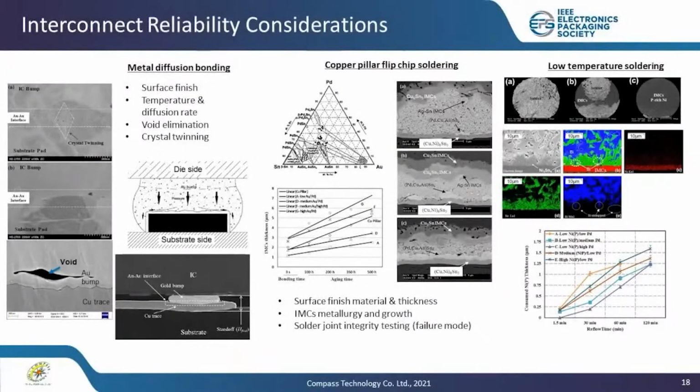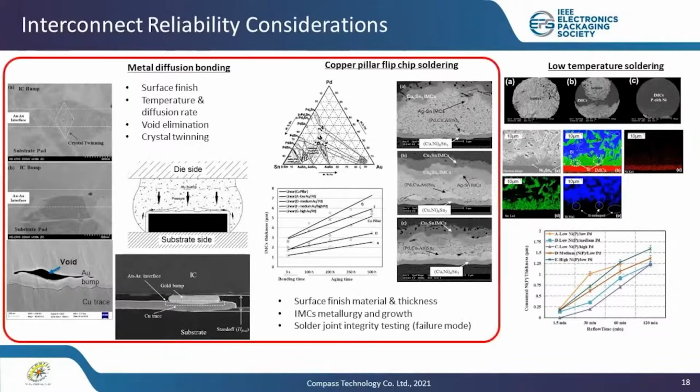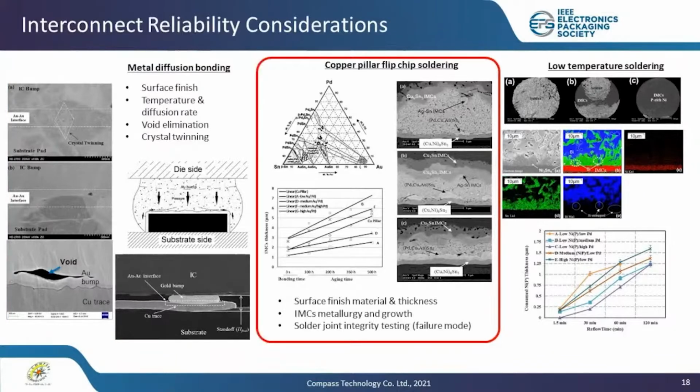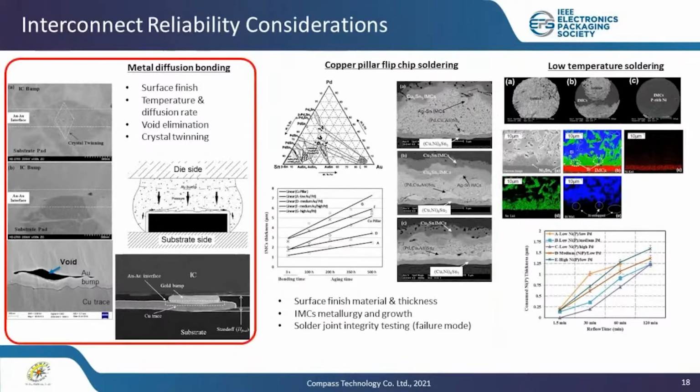From a long-term reliability perspective, the interconnect always plays an important role in improving the performance of the system on flex packaging. For the first level interconnect, we can see thermal compression bonding and copper pillar solder joint are the promising assembly techniques to achieve fine pitch bonding. With the reduction of solder volume in the copper pillar microbump, the selection of the surface finish and the IMC thickness control always dictate the reliability of the solder joint in the long-term run. For thermal compression bonding, the direct metal-to-metal diffusion is created by high temperature and pressure sintering processing. Voids at the bonding interface could propagate and cause a weakened bond in reliability stress testing.